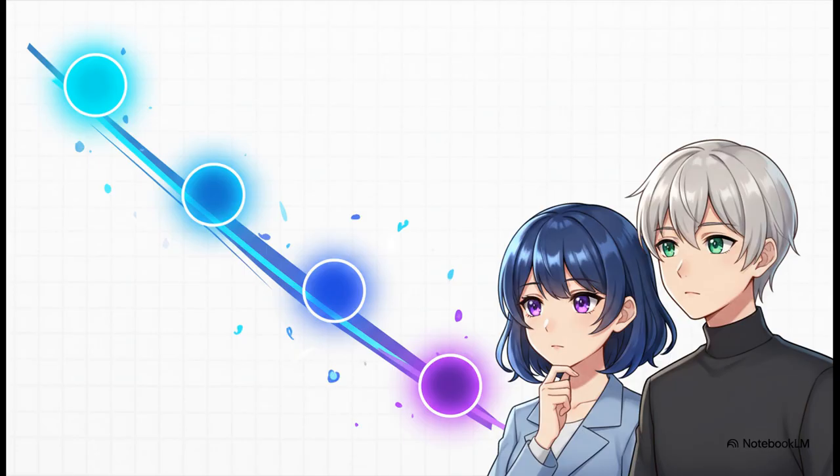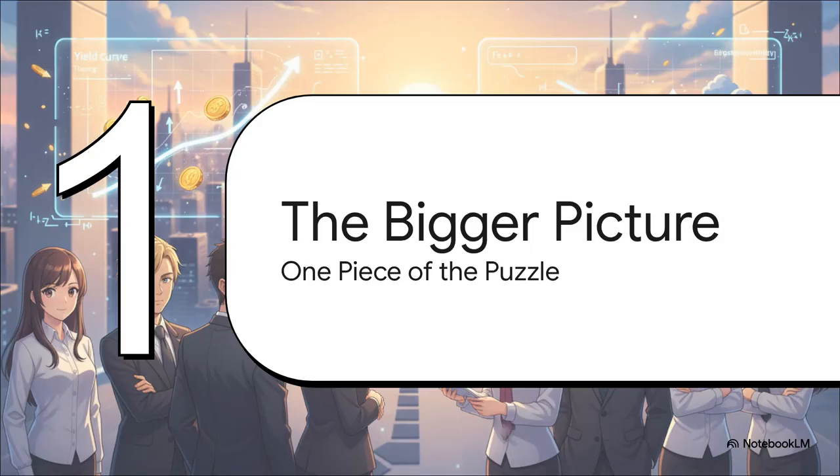So what happens when you average 4, 3, and 2? You get 3. This means the 3-year rate at 3% is now lower than the current 1-year rate of 4%. This causes the whole curve to flip upside down. And that is the famous inverted yield curve. It's a direct reflection of the market screaming that it expects rates to fall. So we've seen just how powerful this one theory is. It really does give us a direct window into the market's collective brain.